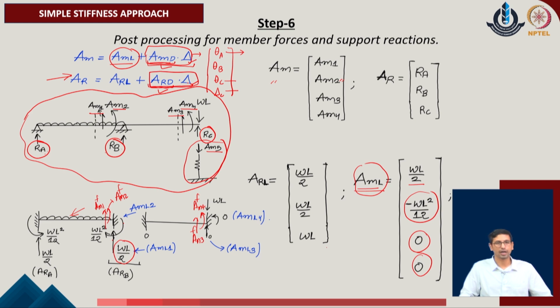Now, we will also add those reactions which are directly active in the direction of the given R1 and R2 as an external load. What does it mean? That when we converted this system into the equivalent joint forces, we identified the system into a scheme like this, where there were some of the forces which were directly appearing at these two joints, which are in the direction of R of A and R of B of the given problem.